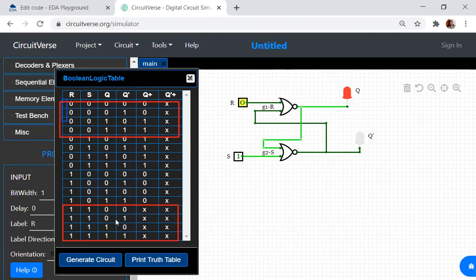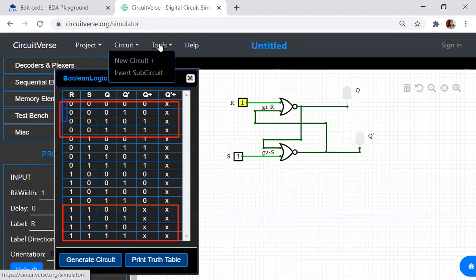But still, when I make it as 1 and 1, this goes into something where Q and Q bar have the same values. So this state is known as the forbidden state. Now from this Boolean detailed logic table, we can write the logic table for the SR latch. Now how does that logic table look like?